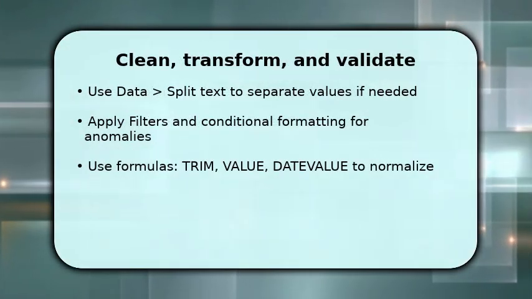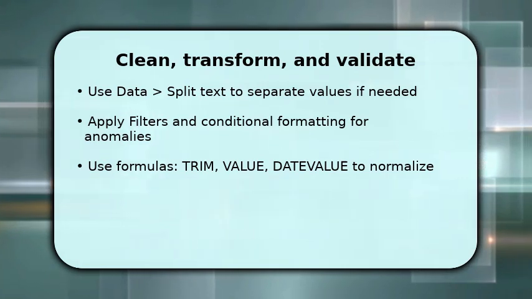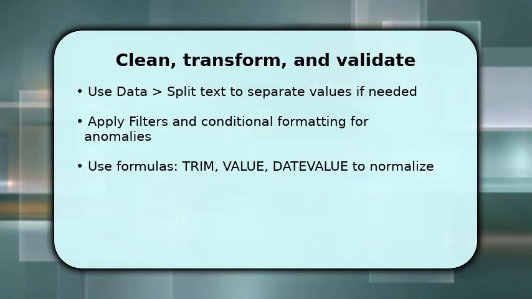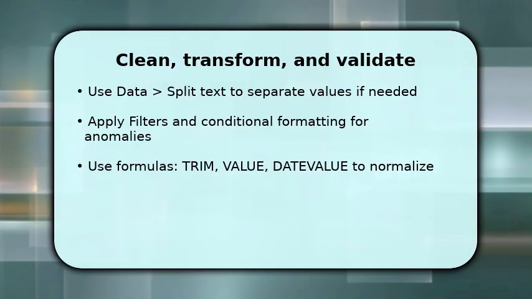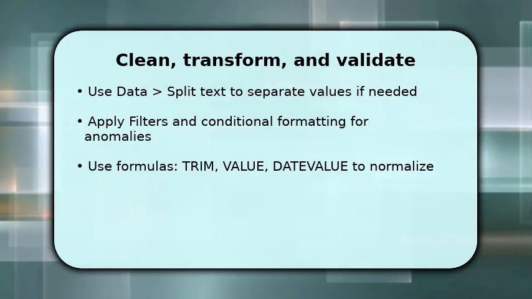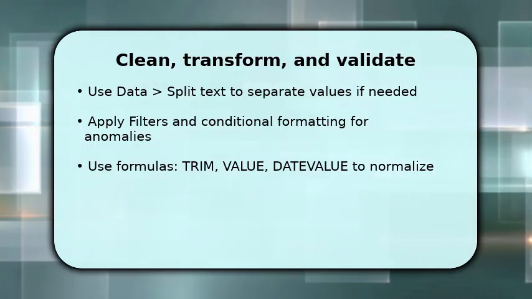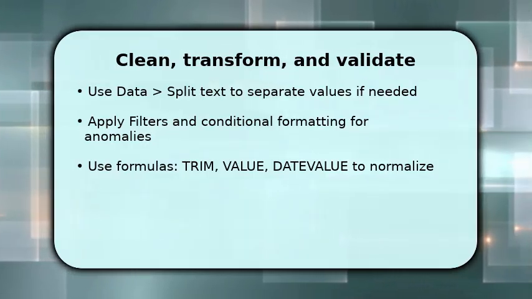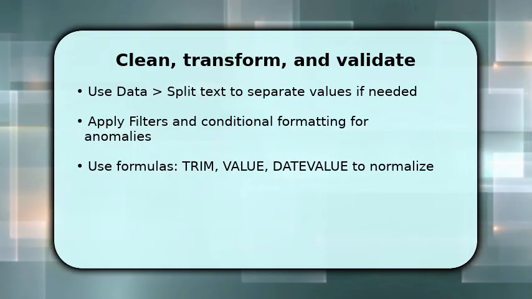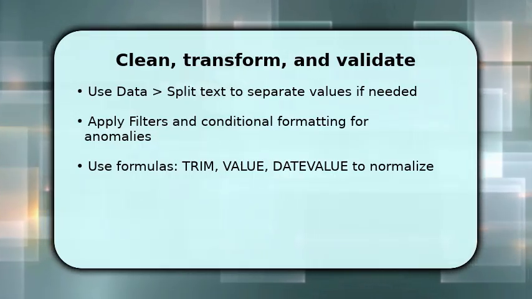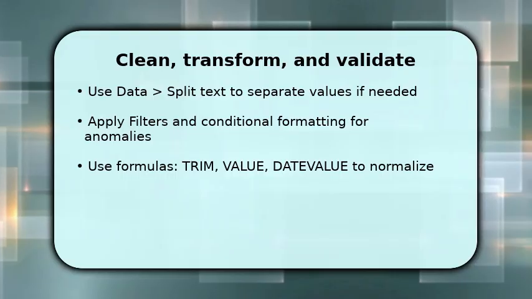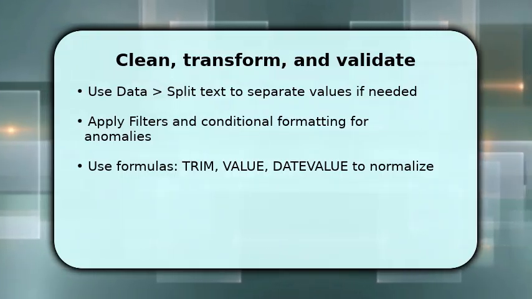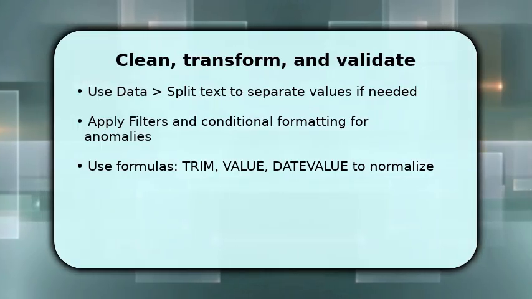Now clean and transform so analysis works smoothly. Use text to columns or split to separate combined fields. This makes each value usable. Apply filters to focus on ranges and conditional formatting to highlight outliers like negatives or blank cells. Use trim to remove stray spaces, value or date value to convert text numbers or dates, and simple helper columns for normalized categories. Make sure formulas are applied down the column and locked where necessary so copied rows inherit validation